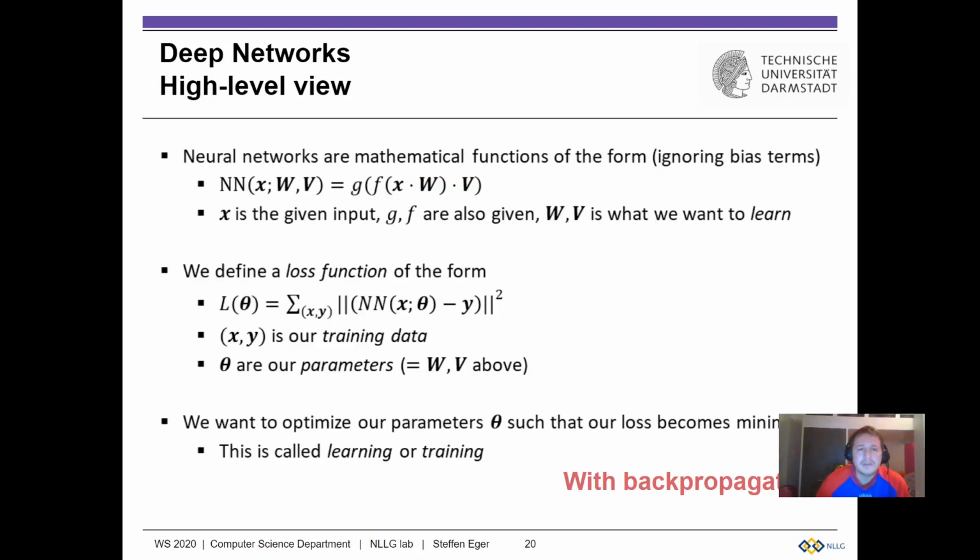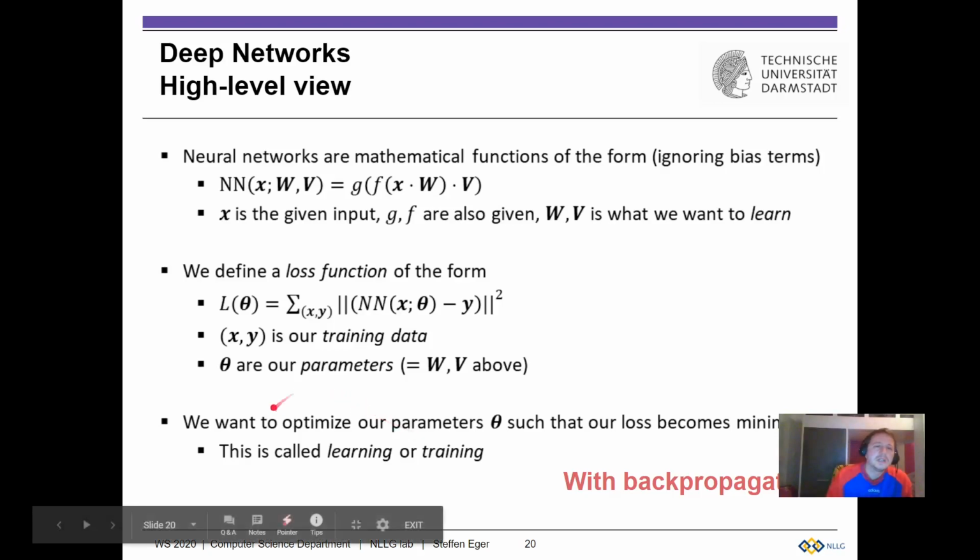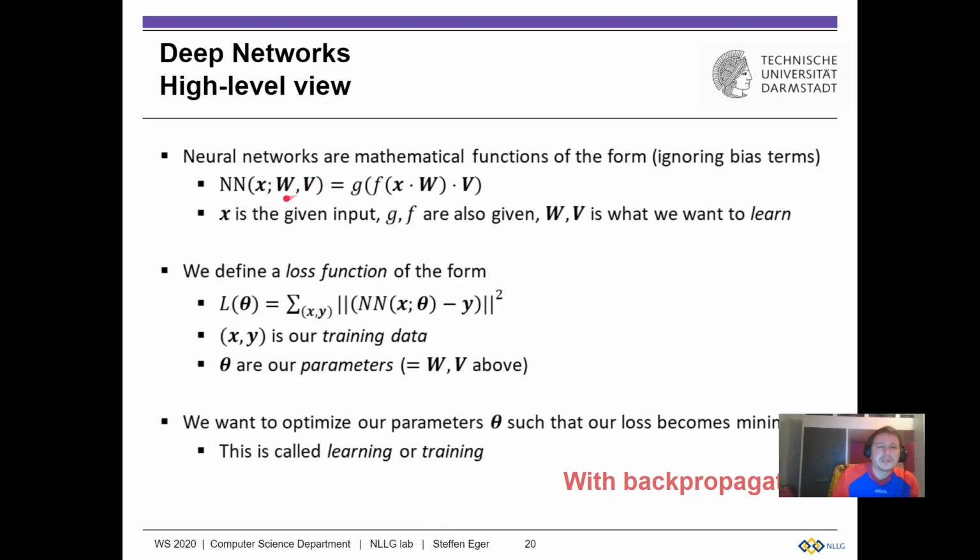And from a high level, neural networks, if you want to look at them from a mathematical perspective, they are those mathematical functions. And here I make an abbreviation. I take a two hidden layer neural network. And this network takes an input x, which is like the sensory input that's coming inside, if you want to look at it from the perspective of the brain-inspired metaphor. So some inputs coming in, and then we have those two weight matrices W and V for a two-layer